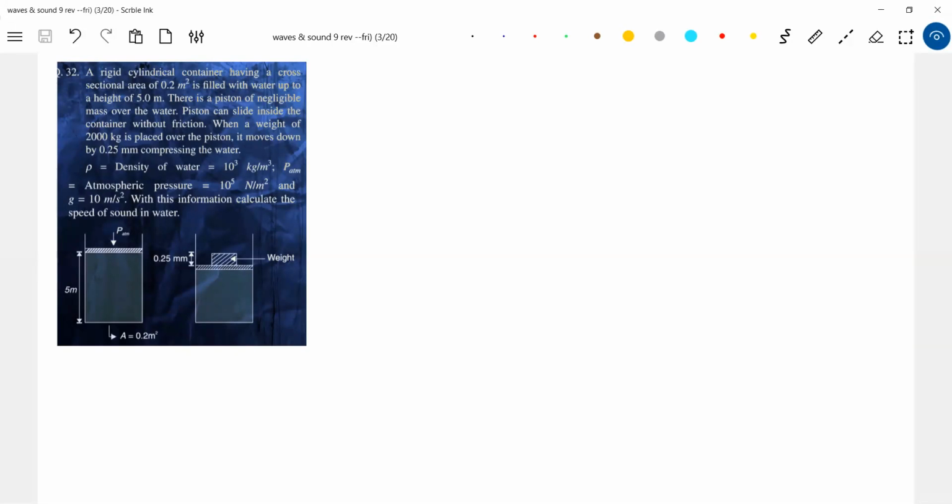What is the speed of sound in that medium? Bulk modulus, what we know. So what is V? V equals root of B by rho. Okay, do we know bulk modulus? We don't know bulk modulus. That has to be determined. So we don't know bulk modulus of the medium. Okay, anyway, let me write it. So bulk modulus, how do we define it? Okay, let me write the symbol.